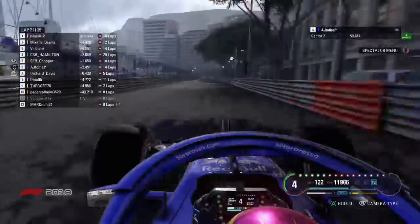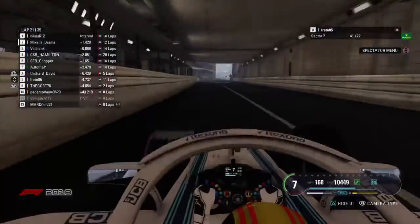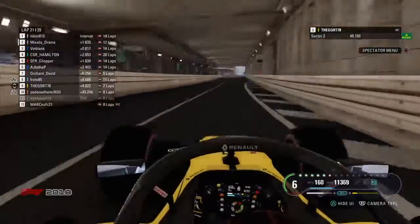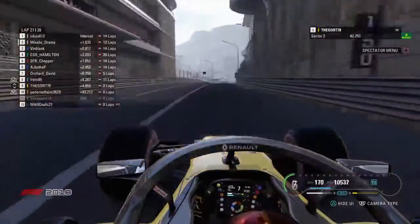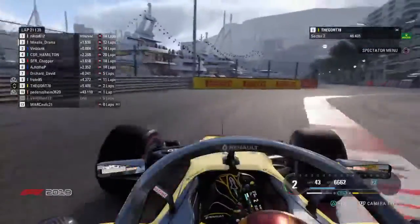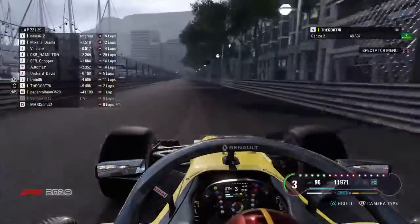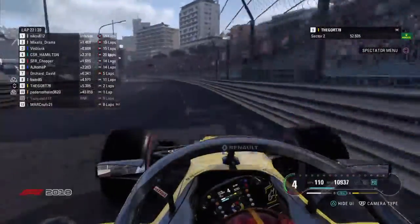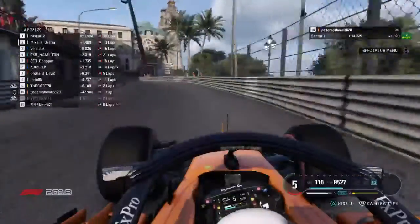I mean, I did just witness Vinbank deciding that he wanted to be part of the wall, but still, he's carrying on. He's absolutely hard. He's trying to close up to Maxilius, who's dropped back from Nikos a bit. Just noticing going through the cars as they come out of the little chicane after the tunnel, just how close they get to that right hand side wall, which is as I've